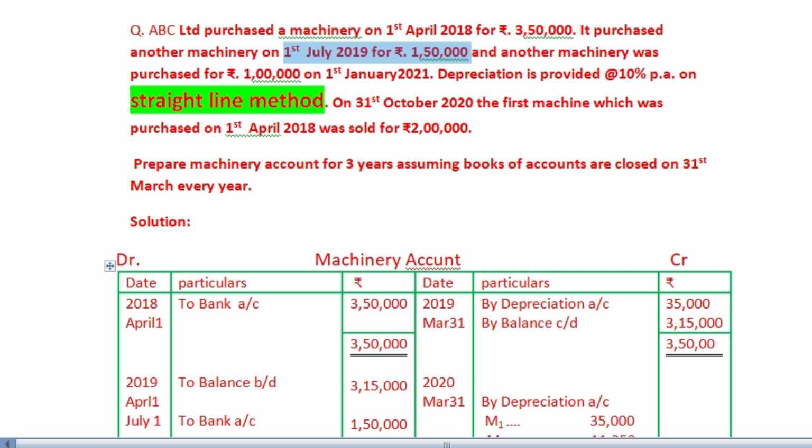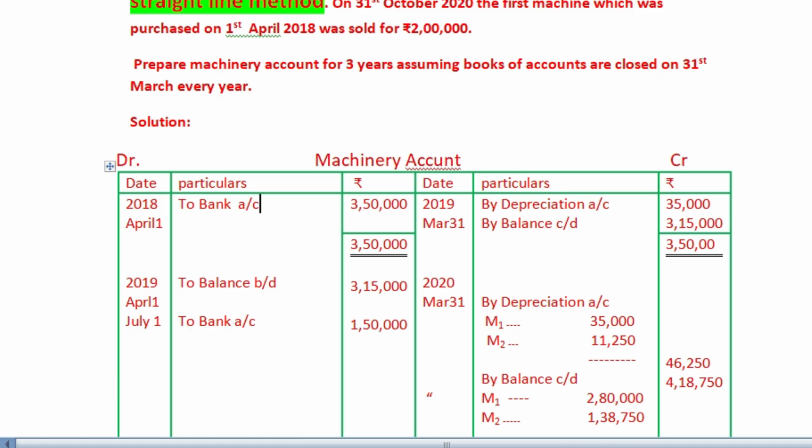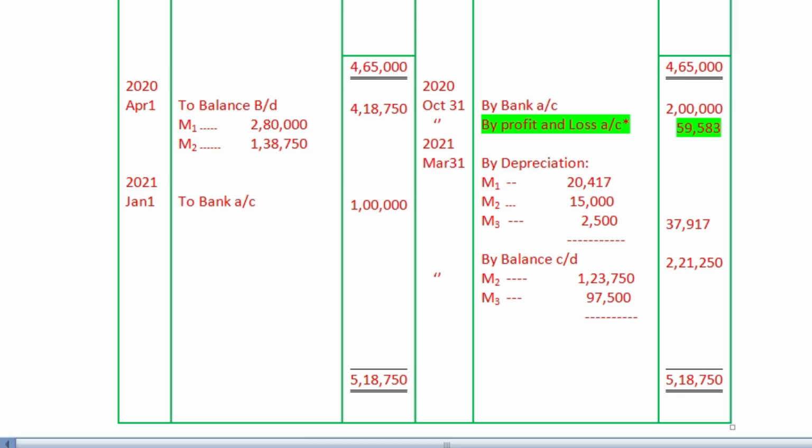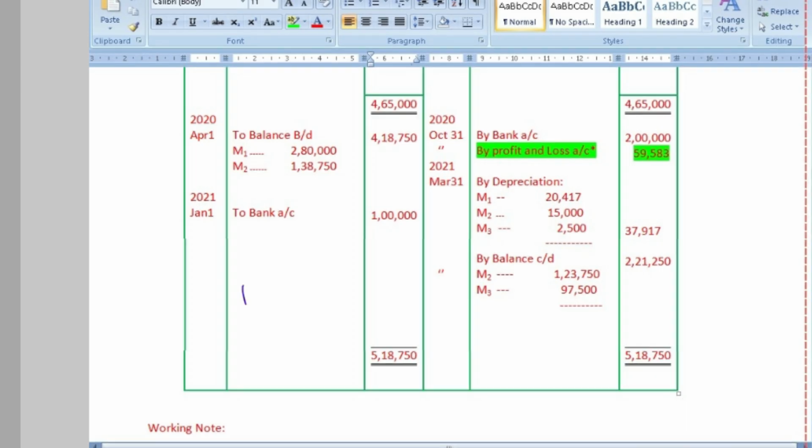So there are three machinery purchases: machinery 1, this one, machinery 2, this one, machinery 3, this one. All right, 1 lakh. Now it is purchased on January 1, 2021, so the accounting period will be closed on 31st March 2021. That means this machinery's depreciation will be charged for only 3 months, January, February, March. So M3, 3 months depreciation, 1 lakh